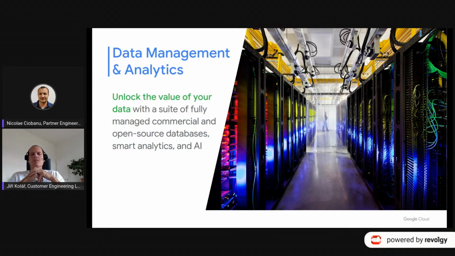This can be the databases that run the company business, or it can be data warehouses used to get understanding of the data. And we offer a range of services for data and analytics, starting with databases up to cutting edge artificial intelligence technology to find the patterns in that data.